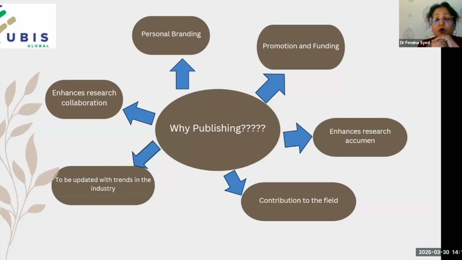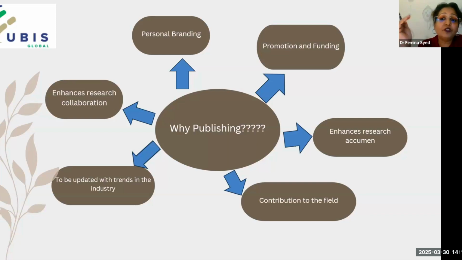Now, it is also important to have good publications to enhance your research acumen as well. In order for you to reach good publication, it is very important that you should have research acumen. And as and when you publish more and more, your research skill enhances. So you will know exactly how to lay down your manuscript, how to write it, how to link the literature with the discussion, how to present the analysis, how to critically analyze and evaluate your manuscript. So as and when you go ahead with the research, it enhances your research acumen. So that is point number 3.